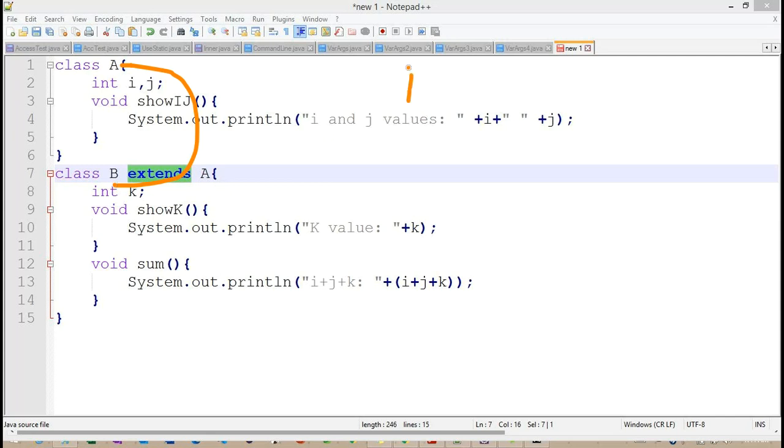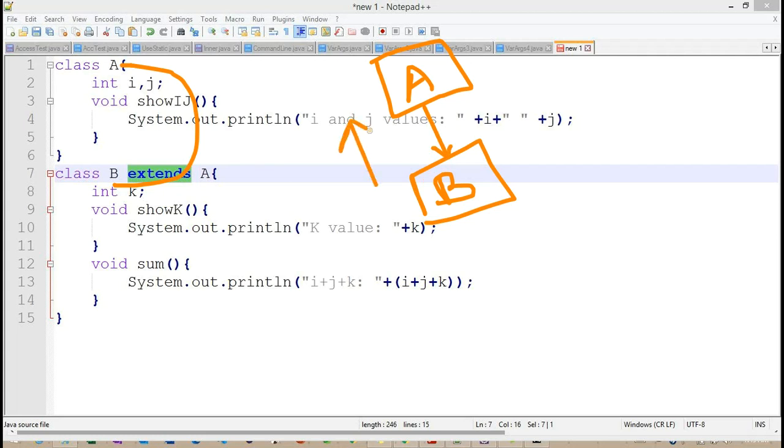Now you can observe A and B. All the properties of A we can access in class B, but the reverse we cannot do. The class B properties we cannot access in class A. Getting the point.